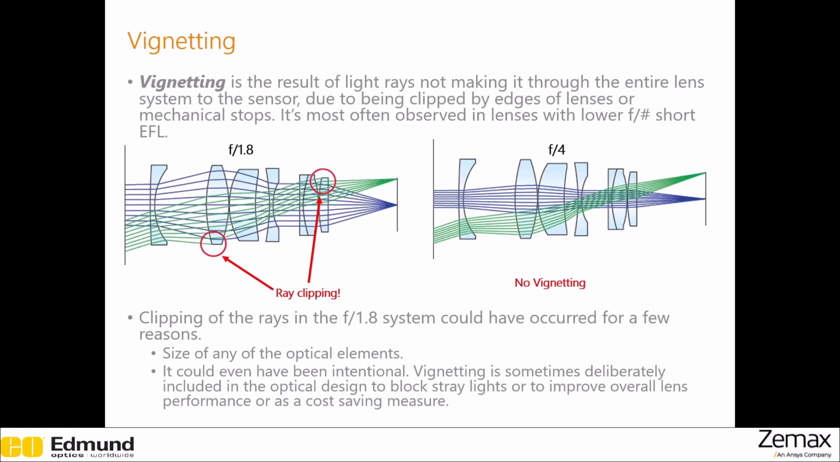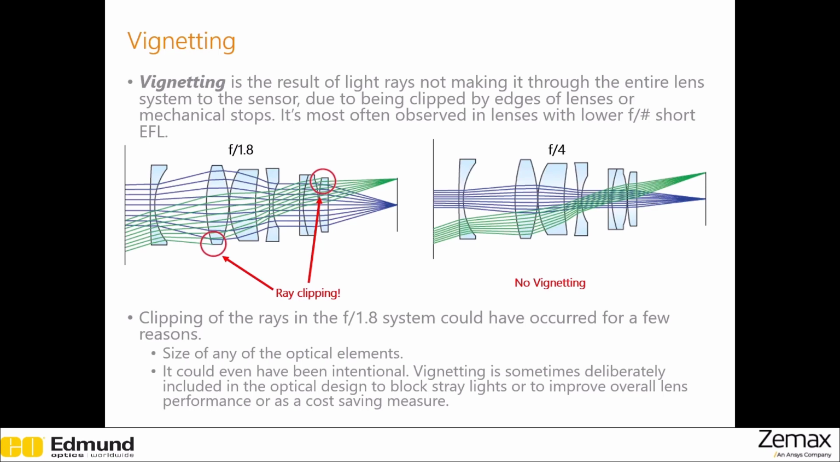As an example, you can see that in this f1.8 lens, the rays are getting clipped here and here, which causes vignetting. On the other hand, when you look at a slower lens, an f4 lens, you can see that none of the rays are getting clipped, so there is no vignetting happening here. From this comparison, it's clear that the sizes of the optical elements are very important when vignetting needs to be